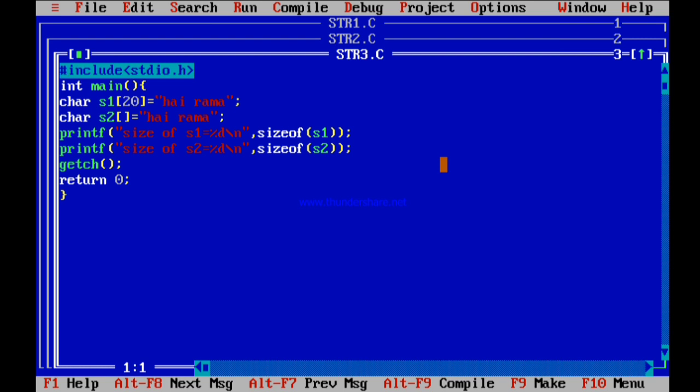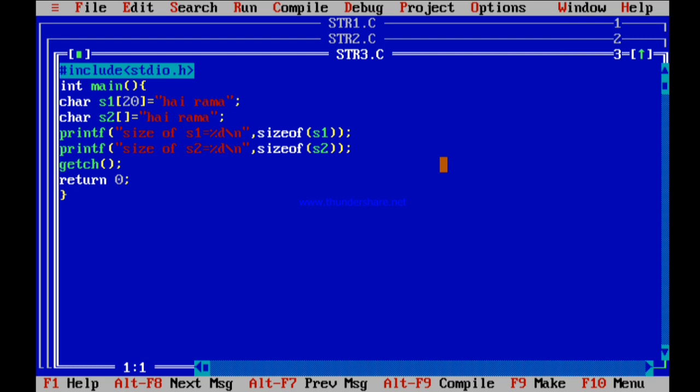When you initialize a character array with a string, it will assume the size of the array as the length of your string. "hi Rama" has a total of 8 characters, that is HAI, space, RAMA. So s2 will take 9 as the size, because 8 for the string and 1 for the \0. Even though you have not specified a size here, s2 will consider the size as 9.